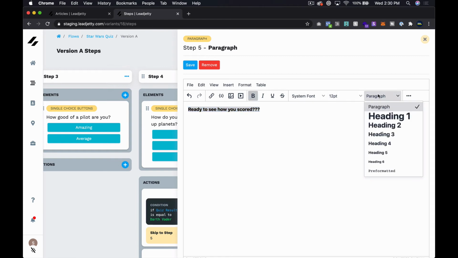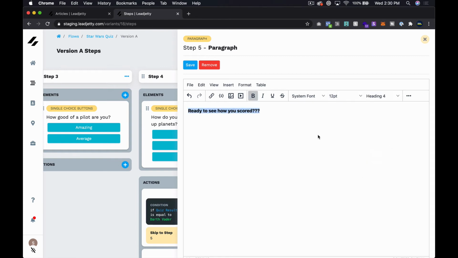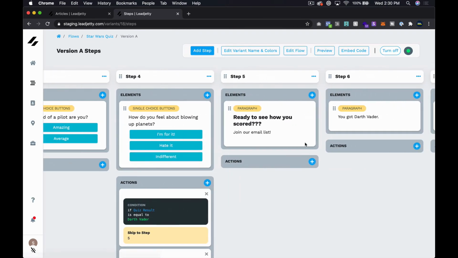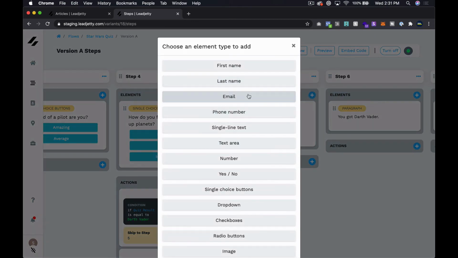Make it bold, heading, and then something like, join our... This is not the way I would write opt-in copy in real life, but basically I'm trying to show you what you could do, but you need to make this sound better, obviously. So we'll save that here. And so now we've got our ready to see how you scored. We'll just add an email,